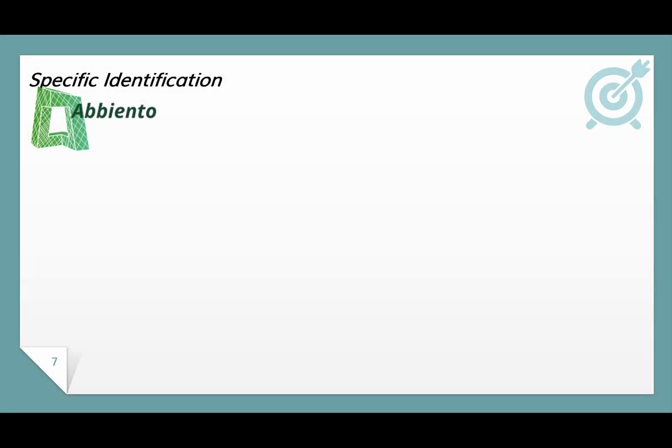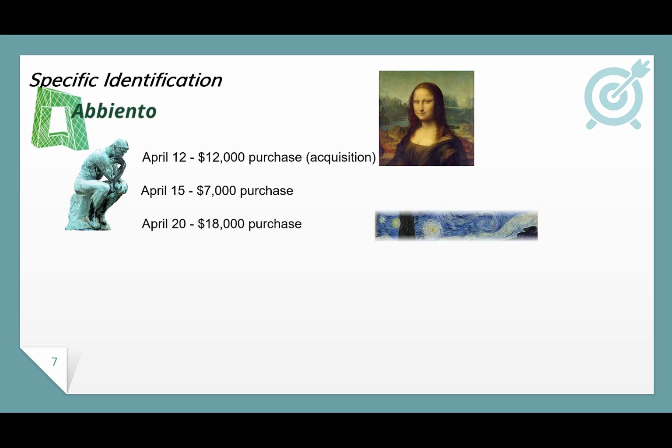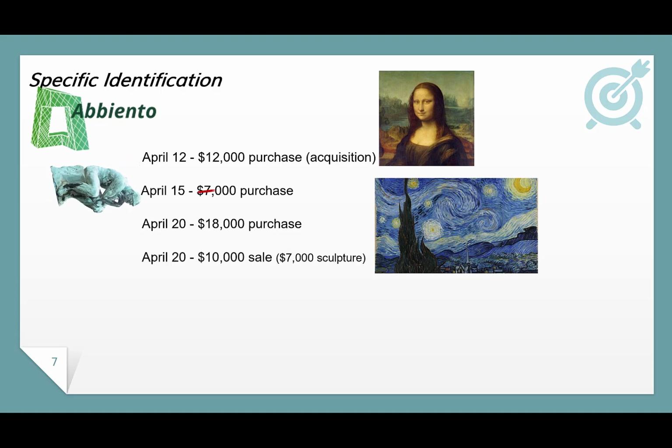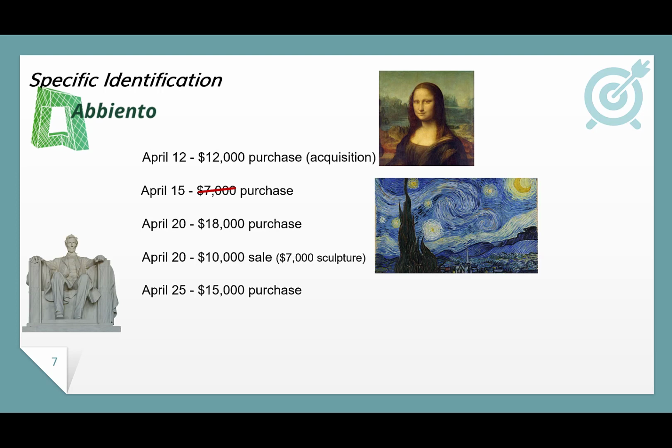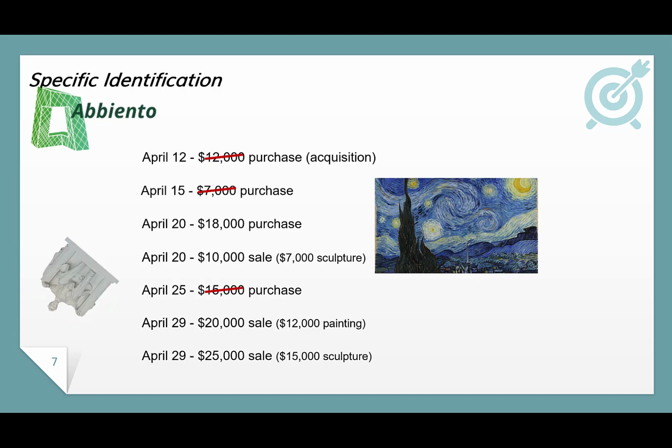So let's look at an example with Abiento's art gallery. On April 12th, Abiento's art gallery purchases a painting for $12,000. On April 15th, Abiento purchases a sculpture for $7,000. On April 20th, she purchases another painting, this one for $18,000. Also on April 20th, a customer comes in and purchases the sculpture for $10,000. On April 25th, Abiento Art Gallery purchases a second sculpture, this one for $15,000. And on April 29th, one customer purchases the first painting for $20,000, and a second customer purchases the remaining sculpture